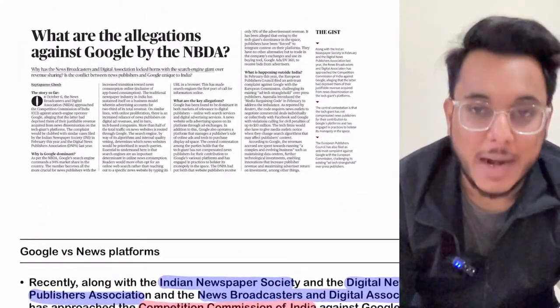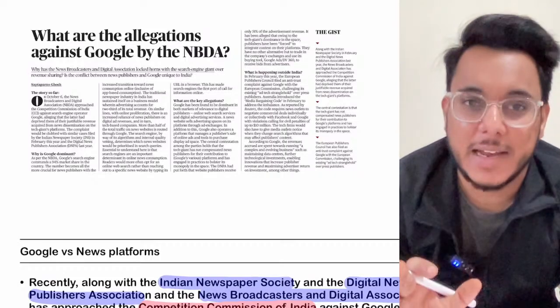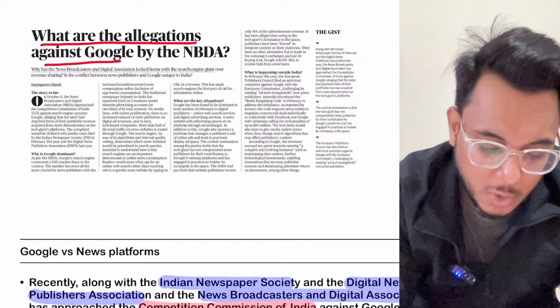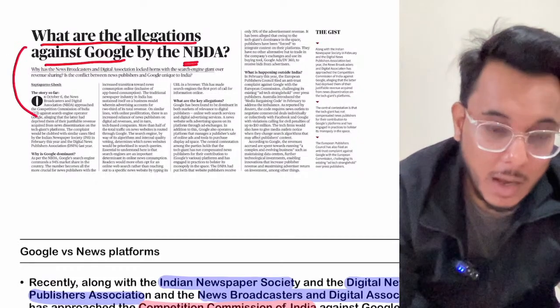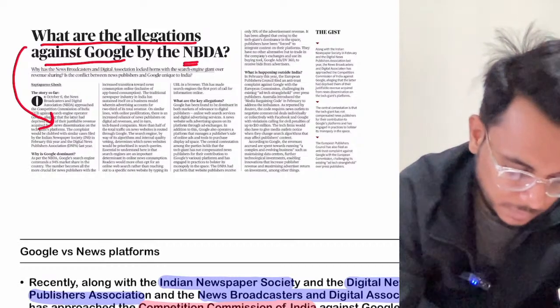Okay, so this particular article we have taken from the text and the context section. And first of all, let's read the heading of the article. It says, what are the allegations against Google by NBDA? Now, basically, this particular article, guys, will see with respect to the